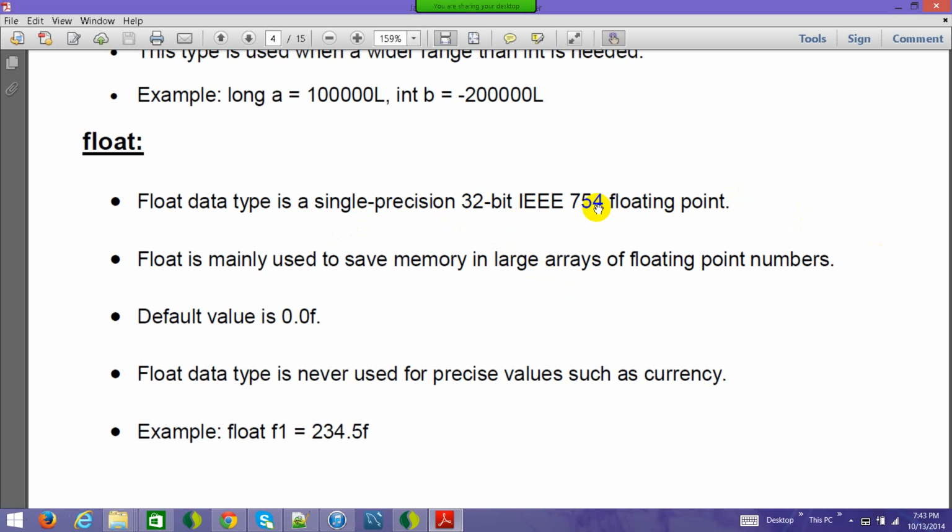Using that, you can store most of the numbers. So 3.456 can be stored using float. But since the number of bits for the fractional value is less, after some time it might not give you the exact precision. That's why it's called less precise. And if you are dealing with money etc., it's advisable not to use it, because there you might not like the rounding off, right?